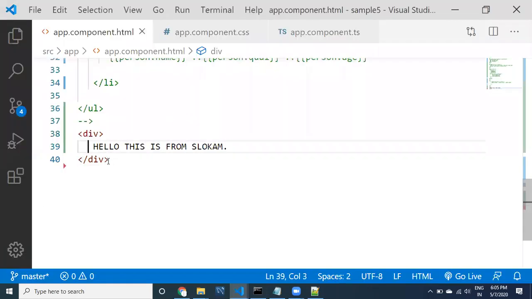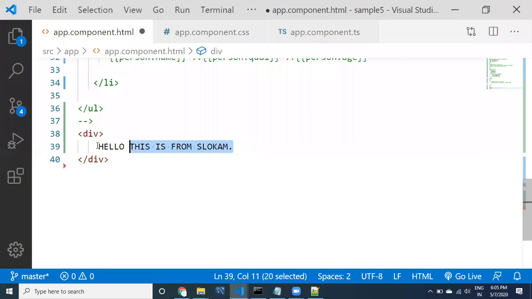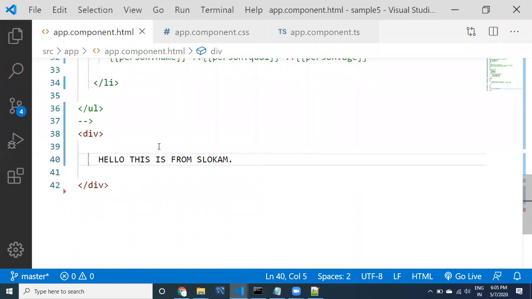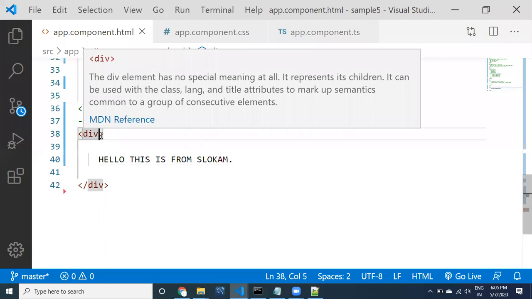Fine, guys. Now let us look at it. I don't want to print this, I want to print this. It has to decide on the condition.